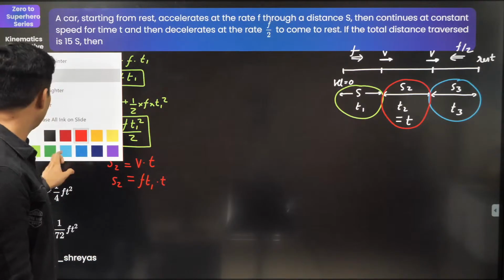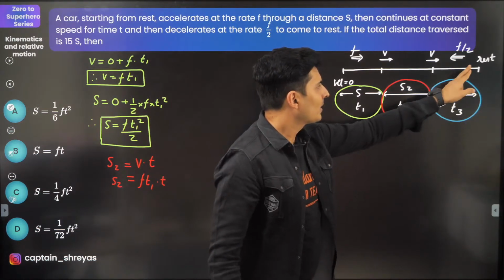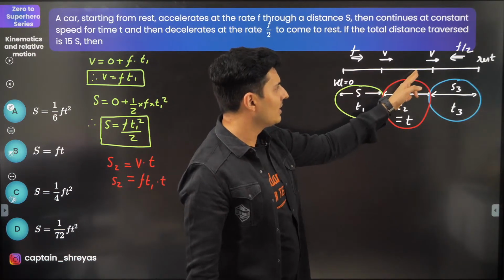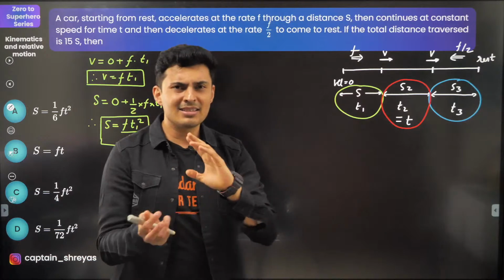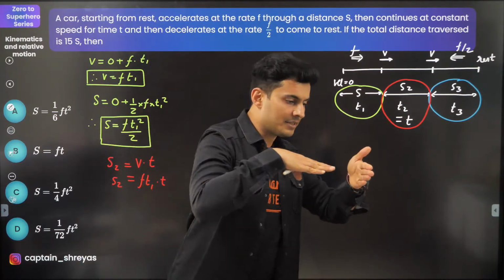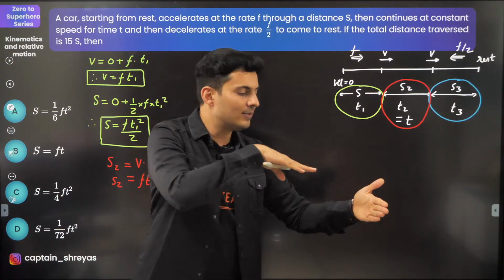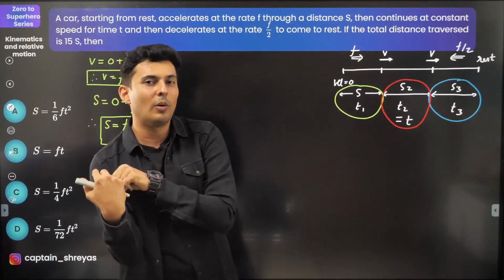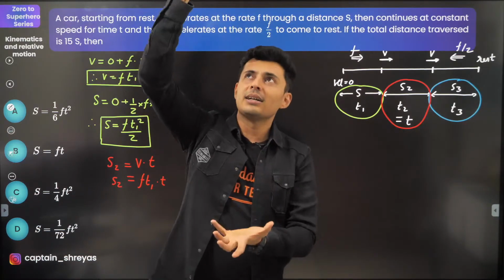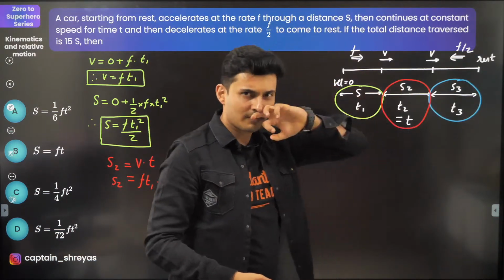Now for that part, I can just think of it as starting from rest here and coming to this point with some velocity v, traveling distance S3. There is this principle called reversibility, meaning if something is decelerating and stopping, I can make time go backwards and make it look as if it is accelerating and achieving the same velocity in the opposite direction. Think of it, when you throw something up, it decelerates. If you rewind it, it accelerates. Same time, same displacement. So how about solving it that way?